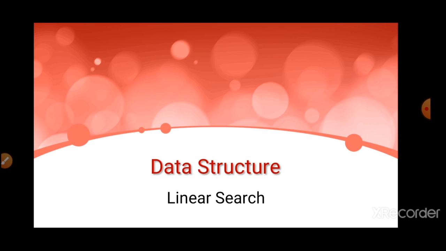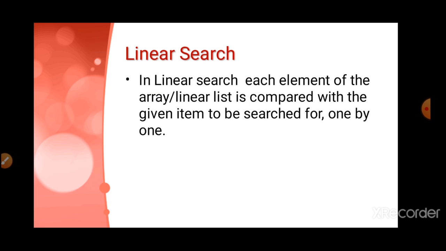Linear search, in the simple way, is when you are comparing every element of the list, and when you find that particular item in the list, you can say the search is completed. If you don't find the item in the list, you can give a simple message that the item is not present in the list. As we do in our daily life, if we have a list of few items and we want to